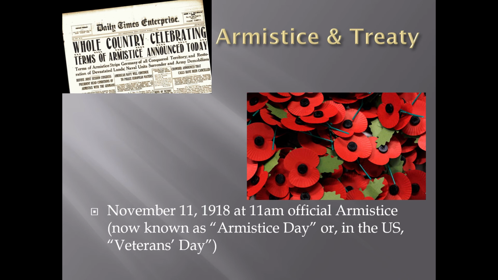All right, so the symbol for Armistice Day, the symbol that people will wear in their lapels around Britain and the British Dominion countries like Canada and Australia, New Zealand, and such, is the poppy, right? So this red flower. Where have you seen the poppy reference before? Why is this the symbol? Because of the poem Flanders Fields, right? The poppies in Flanders Fields that you learned about last lesson.